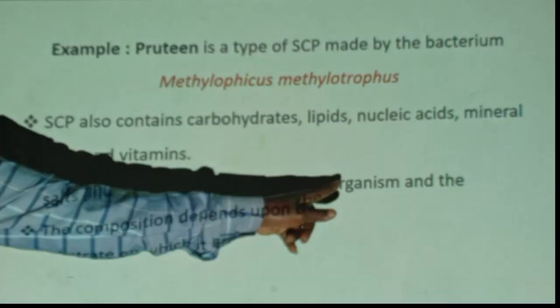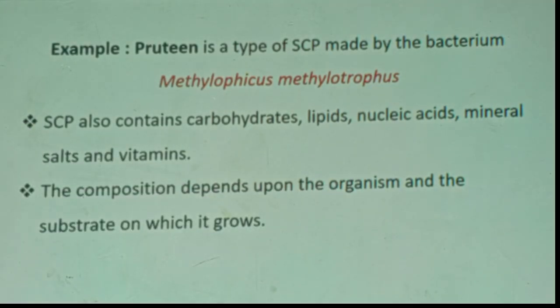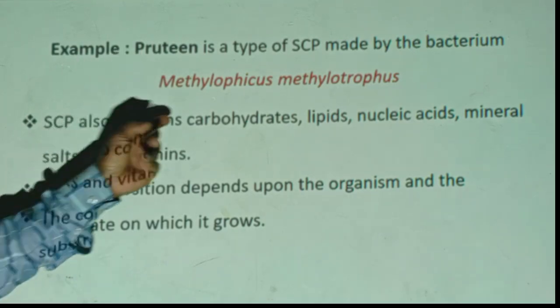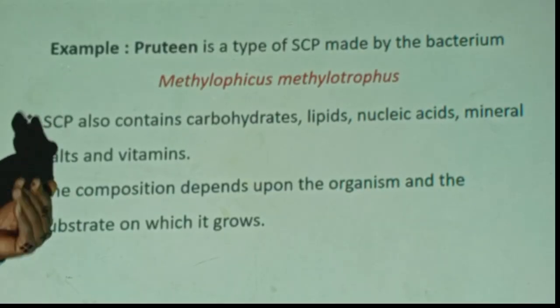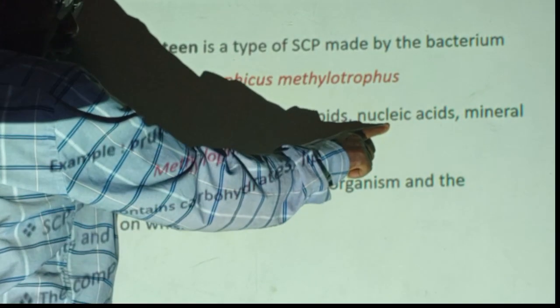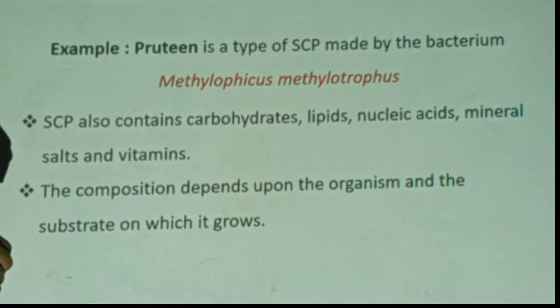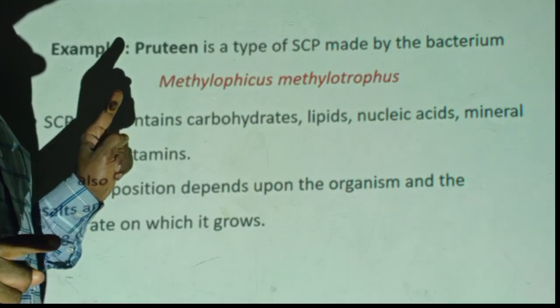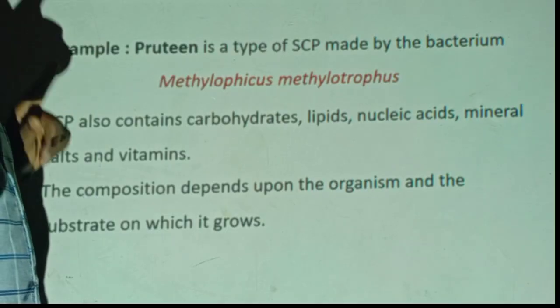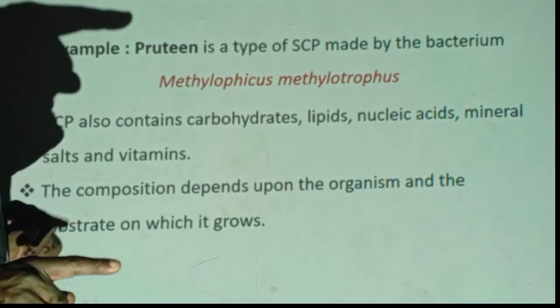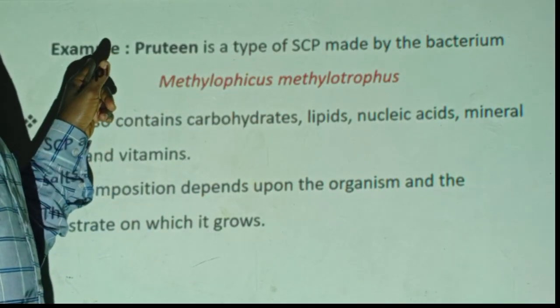Microorganisms are grown in the industry, and when you grow microorganisms in the industry, you have to give them food. Therefore, the type of food that you give to the microorganism plus the type of microorganism determines the content of the single cell protein. The amount of protein is determined by this, as well as the amount of carbohydrate, lipid, nucleic acid, and mineral. For example, the amount of nucleic acid in foods made from bacteria and in foods made from yeast are different. The amount of nucleic acid in foods made from bacteria is higher